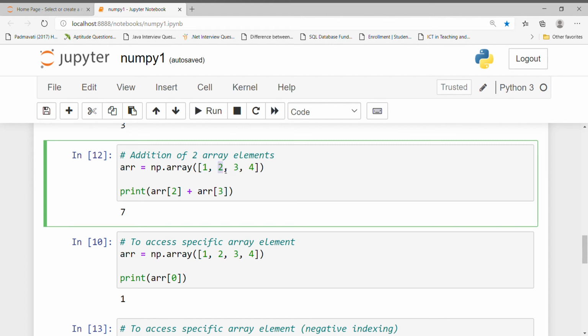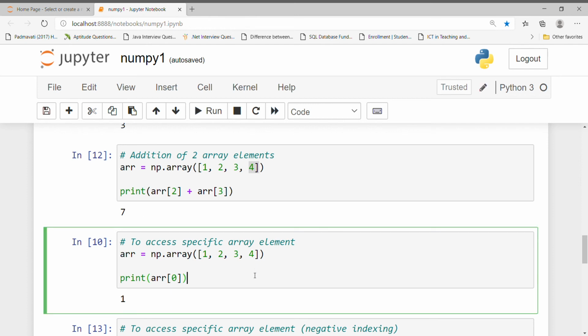So here at second index position we have 3 and at third index position we have 4. That's why 4 plus 3 is equal to 7. In this way we have made the addition of 2 array elements.